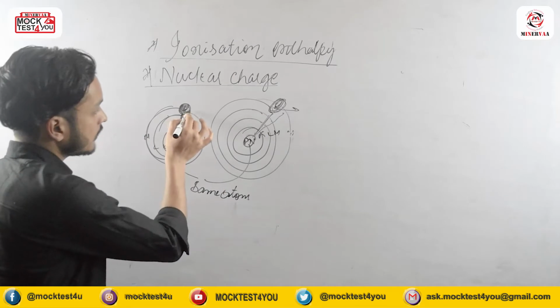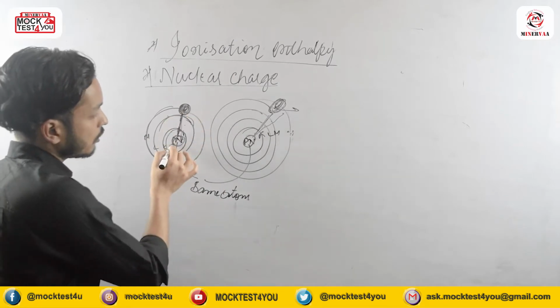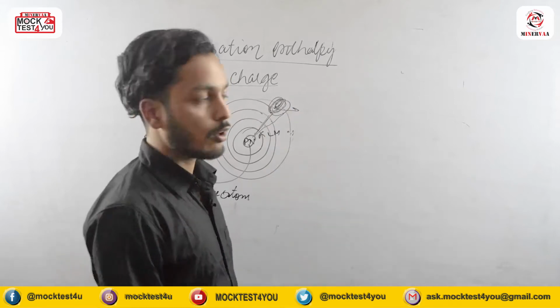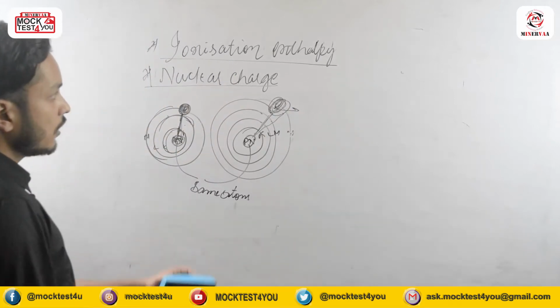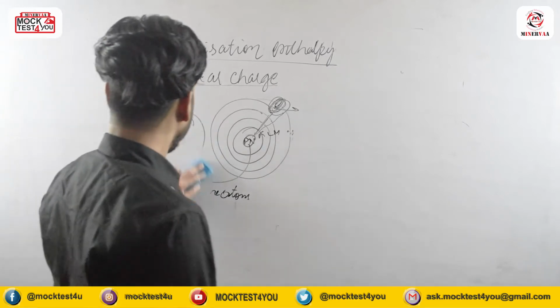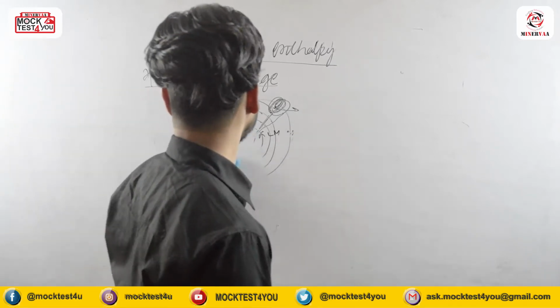So that is why this electron which is present here will experience more nuclear charge as compared to this electron. So I hope you have understood the concept of nuclear charge. We will use this concept in understanding the trend, okay? Now next is